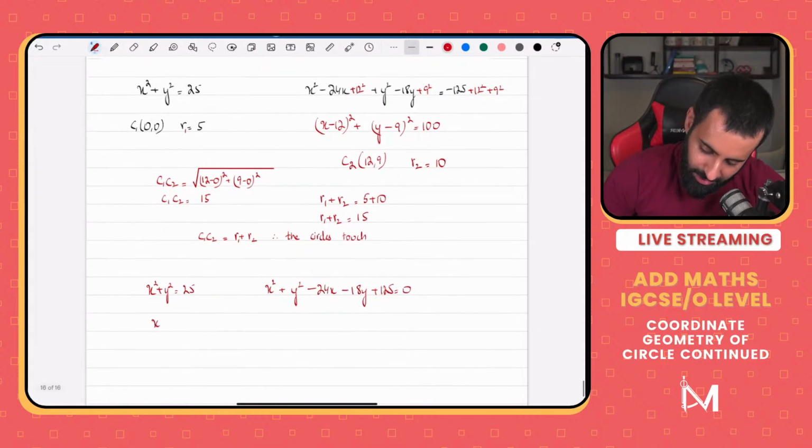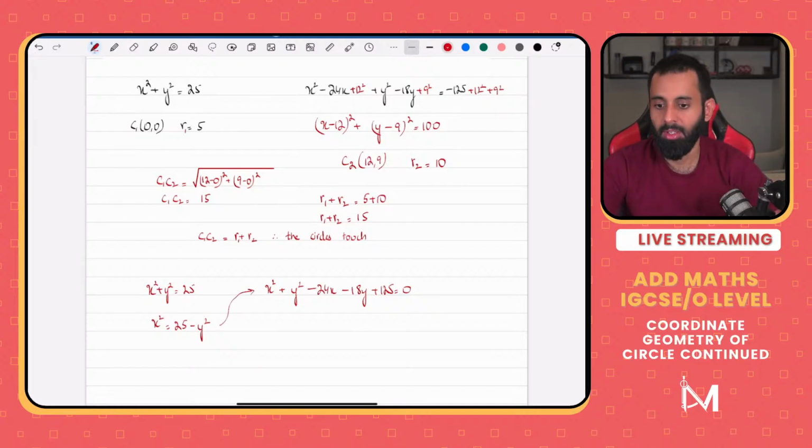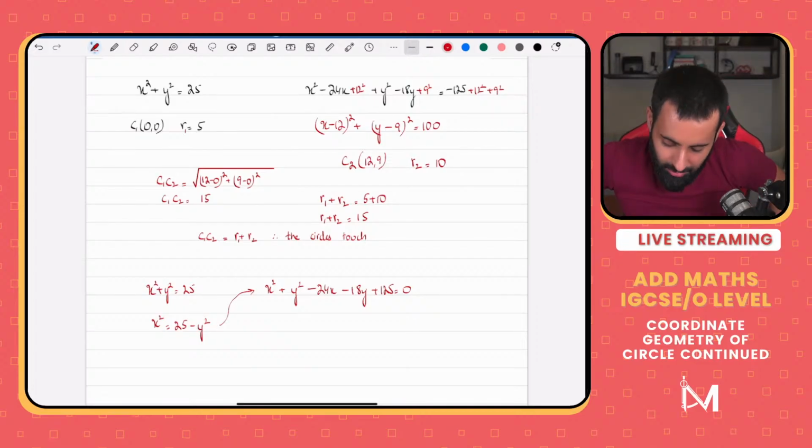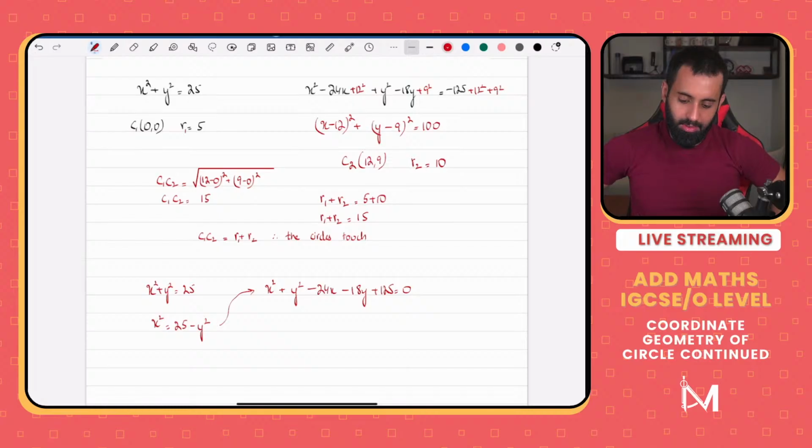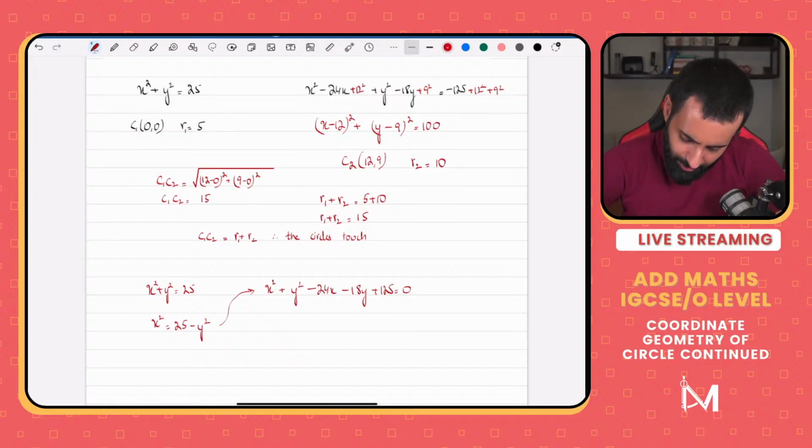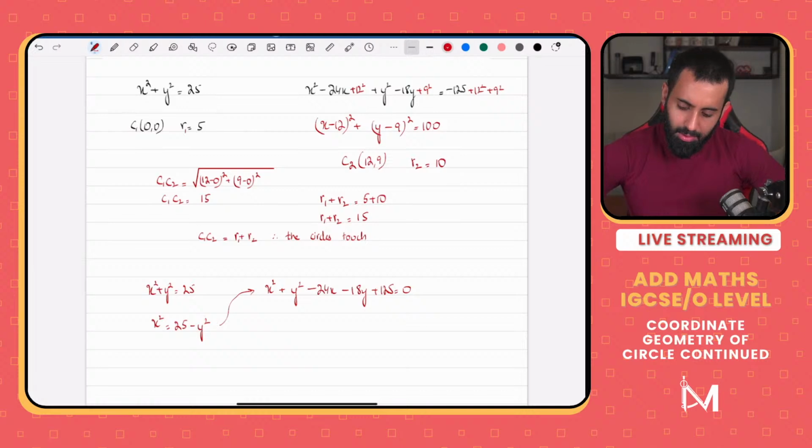If I make x squared the subject, no need to even make x the subject, just make x squared the subject, then we can plug it in, but we'll run into a problem if we try and solve it simultaneously. What's that? How will I find out x? Actually, we can fix that. I just realized, but let's see if there's an easier way.